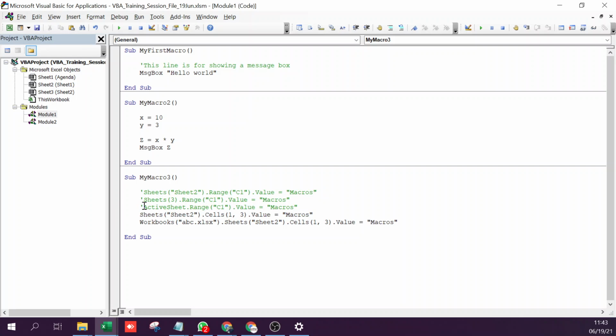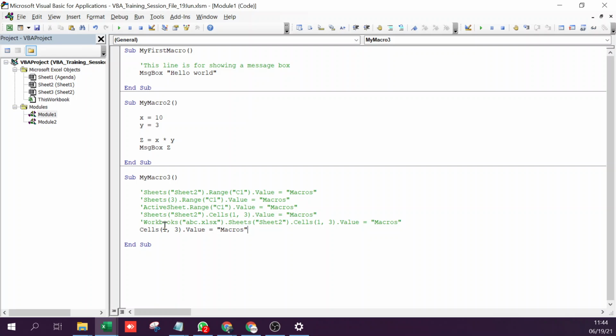In fact, if you don't write the sheet as well, right? If I just write this, it's not wrong. It will by default consider the active sheet only. But it is always a good practice to write the sheet name or the sheet number or whatever.